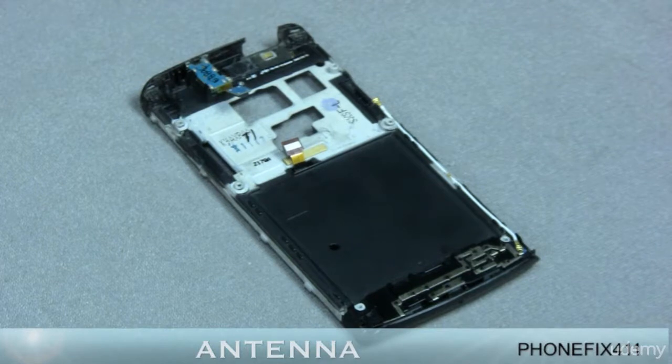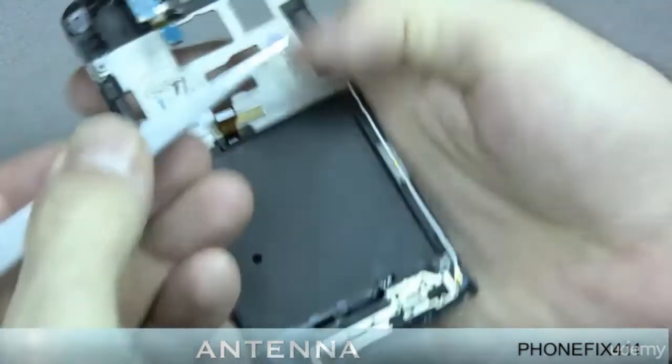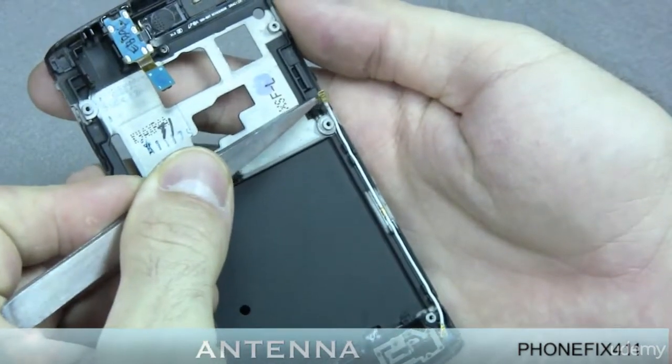To repair your antenna, you'd want to do this if your phone doesn't have any signal. You can't call, you can't receive calls. Maybe it's hit or miss. It works sometimes, sometimes it doesn't. Usually it's just unplugged, so you'll want to check your antenna cable, which is this white one running from the